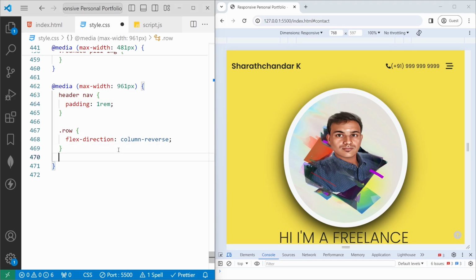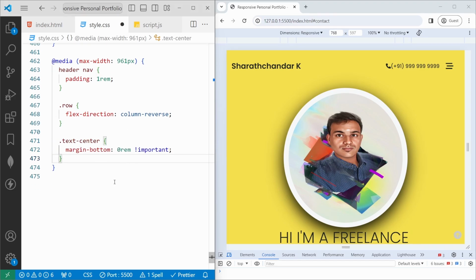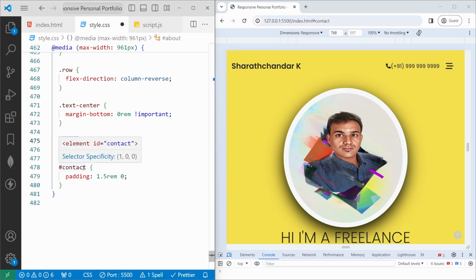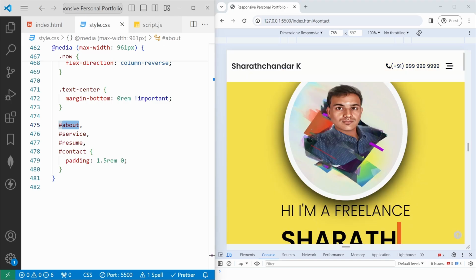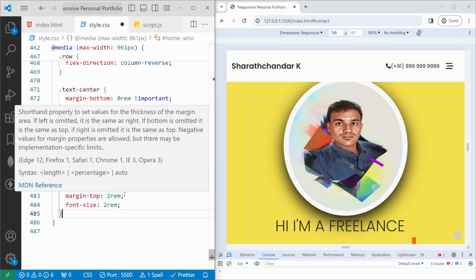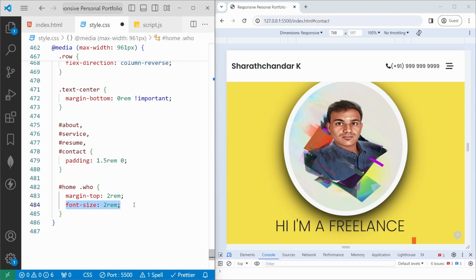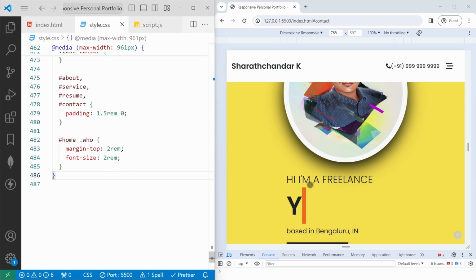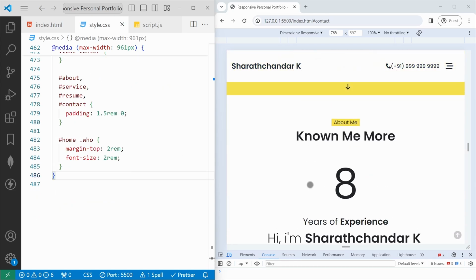We'll add text-align center and margin bottom of 0 rem, and we'll add the padding to each of the service and contact to 1.5 rem. So it will reduce more space in the padding here. Then I will set the margin top to 2 rem and the font size should be 2 rem. If I save, now it will be changed. See, now the font size is reduced, and then if I scroll, you can see the changes here,